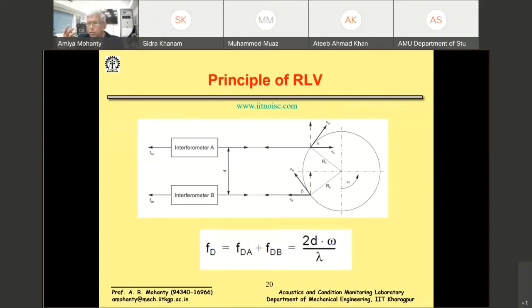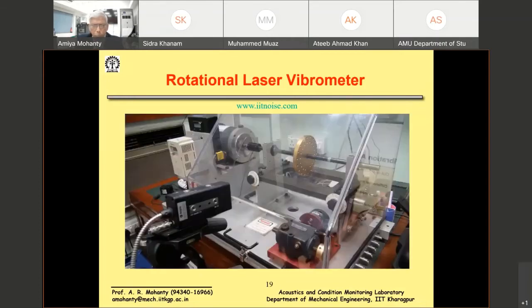When I say rotational speed fluctuation, actually it is torsional vibration. So this torsional vibration can be very easily measured by a rotational laser vibrometer. Again, these are very expensive units, about 30 lakhs. So you can imagine the cost prohibits us from deploying them in the field, but nevertheless in R&D,